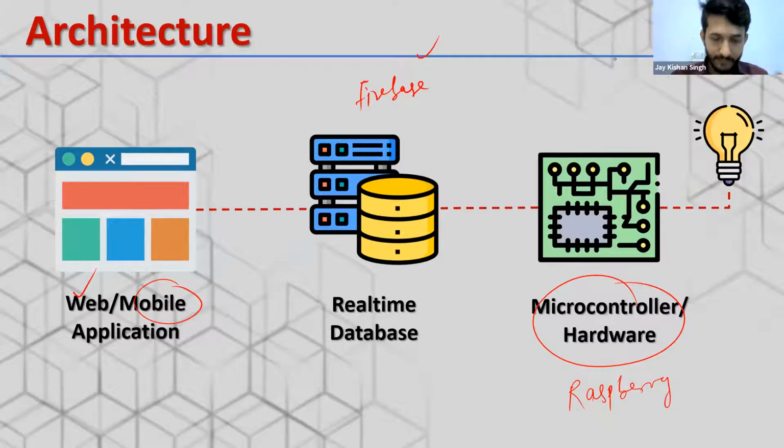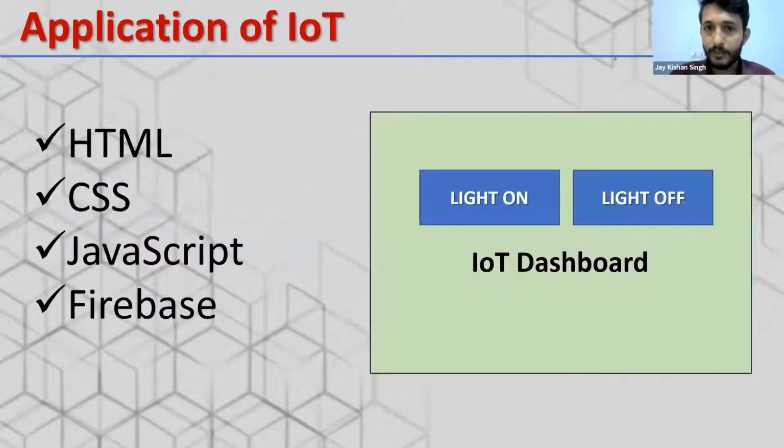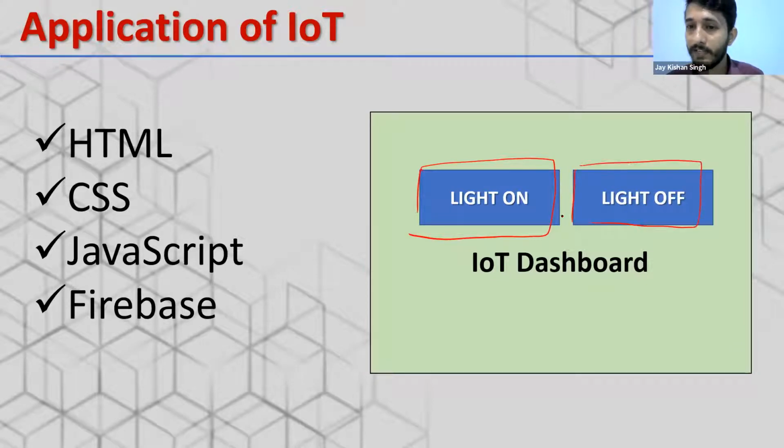Now see, let's understand, we already have all those values available in our database, but what we're going to do here is build a very easy, very basic dashboard. We are not going to any beauty contest, so I'm not going to design it in a very good way. We'll be keeping two very basic buttons here. One button for turning on the light, and another button for turning off our light. So this is a very basic dashboard that we're going to design today.